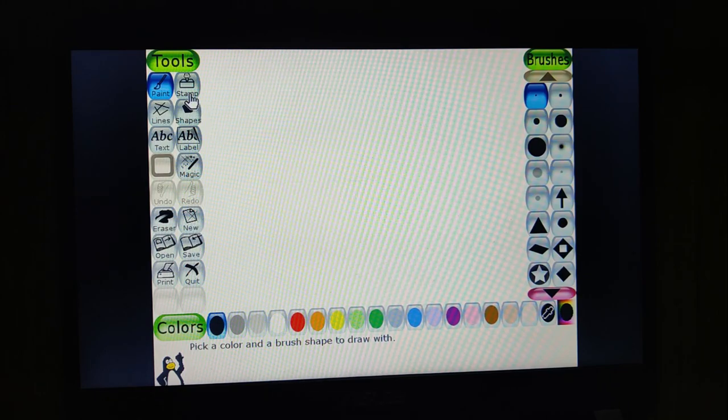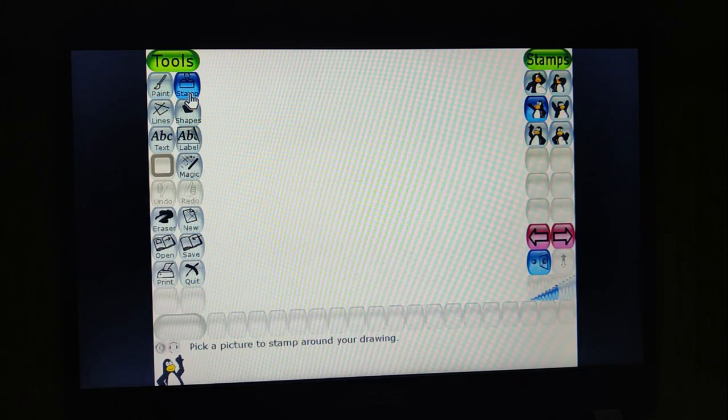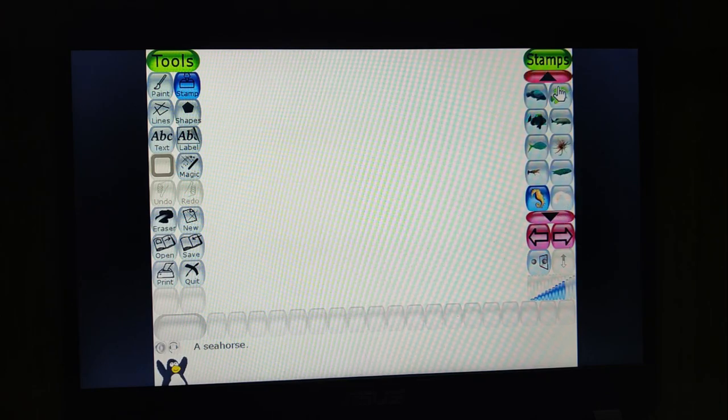Okay, means the stamp tool. So select the stamp tool, and here you can see in the selection pane, different types of stamps are available. Okay, if you want to see other stamps, here you can see left and right arrows are available. So select the right arrow. Okay, and here you can see different stamps are available.